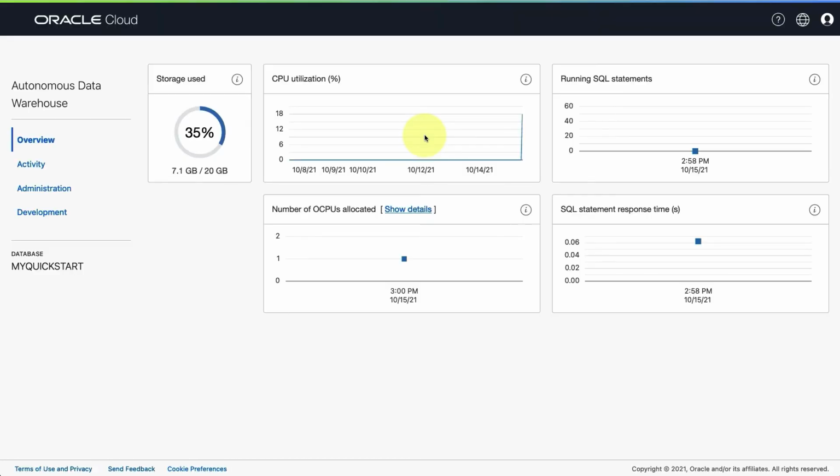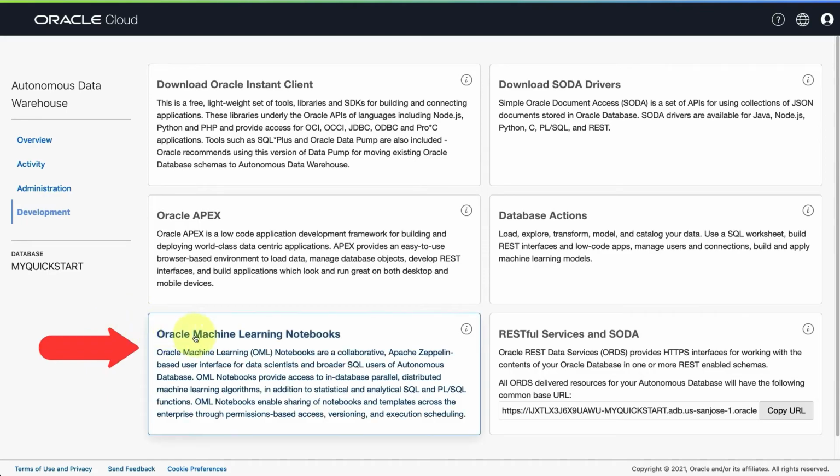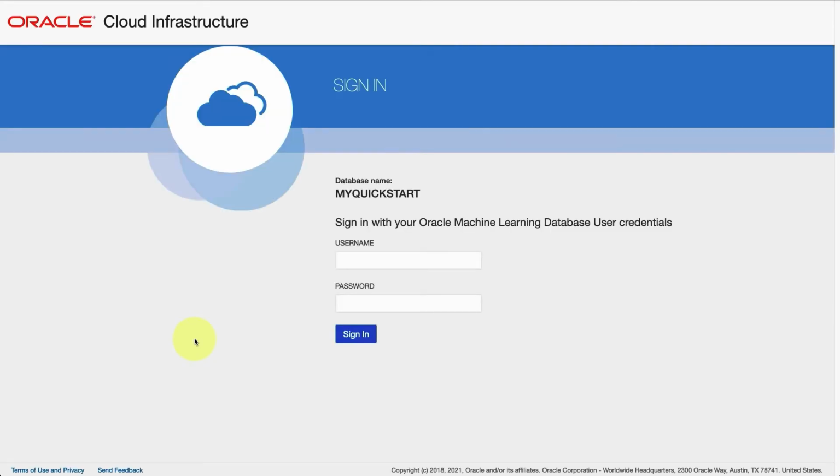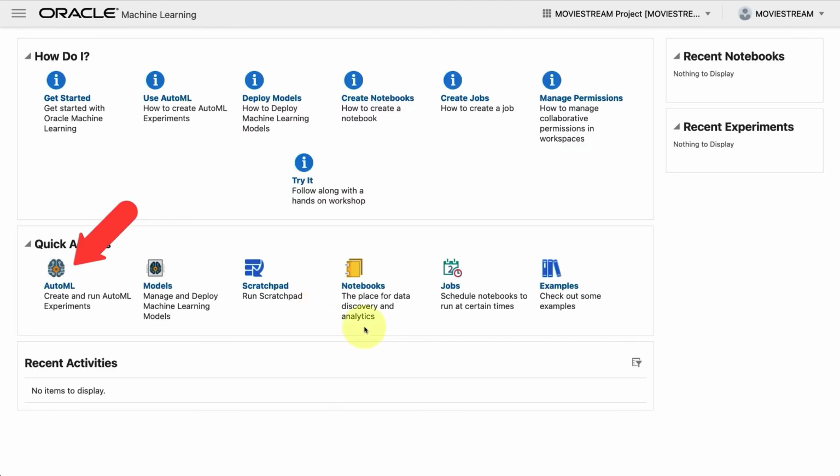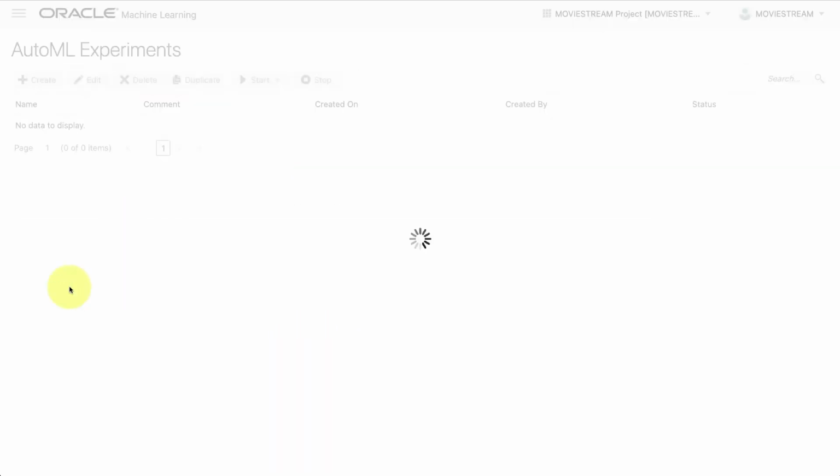And in the Service Console, you're going to click on Development and then on the Oracle Machine Learning Notebook style. And in here, you're going to log into Oracle Machine Learning Notebook using the MovieStream user and the appropriate password. And that's going to take you to the home page of Oracle Machine Learning. From the home page of Oracle Machine Learning, we're going to click on AutoML on the left-hand side in the